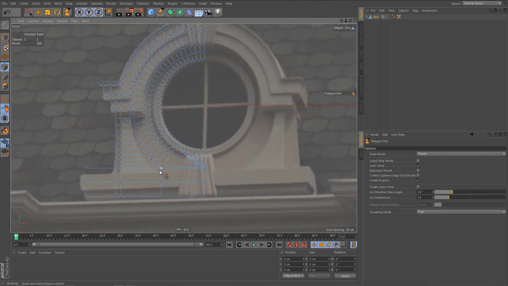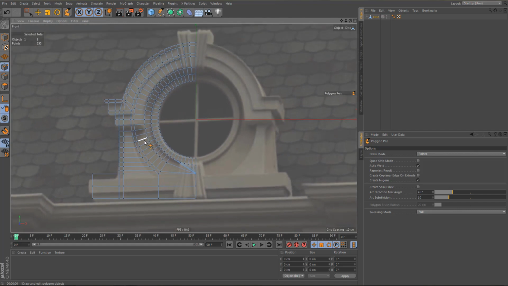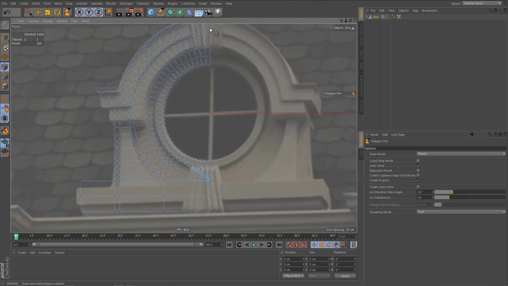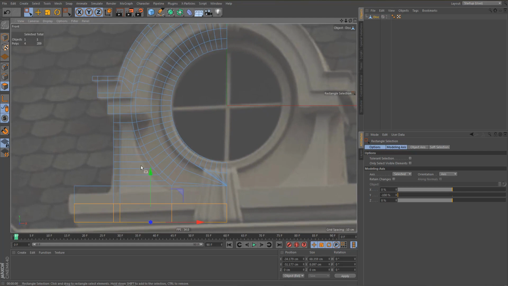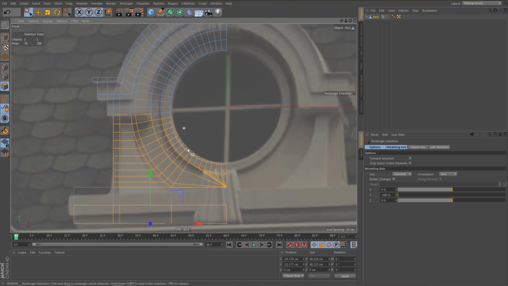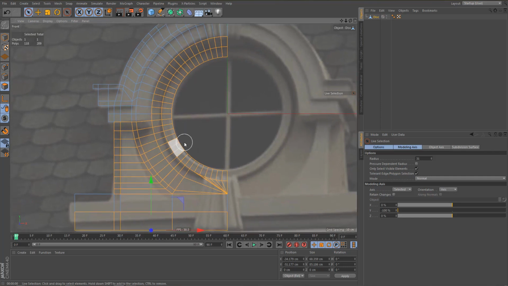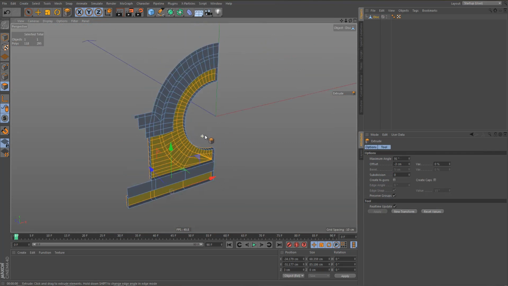So I think next we can start extruding. We have all the edges in place that we need, and we should be able to create a 3-dimensional object now. And basically how I'm going to do this is I'll extrude all of the roof section forward and I'll extrude the rest backwards. I'm going to select these polygons here and these ones and these ones, and let's extrude these back a bit. I'll do -3,